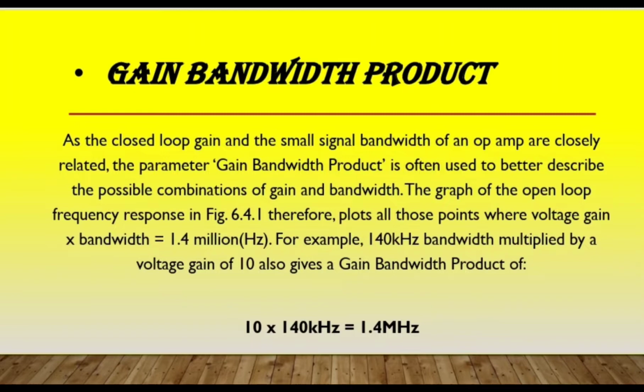The graph of the open loop frequency response in figure 6.41 therefore plots all those points where voltage gain x bandwidth equals 1.4 MHz. For example, 140 kHz bandwidth multiplied by a voltage gain of 10 also gives a gain bandwidth product of